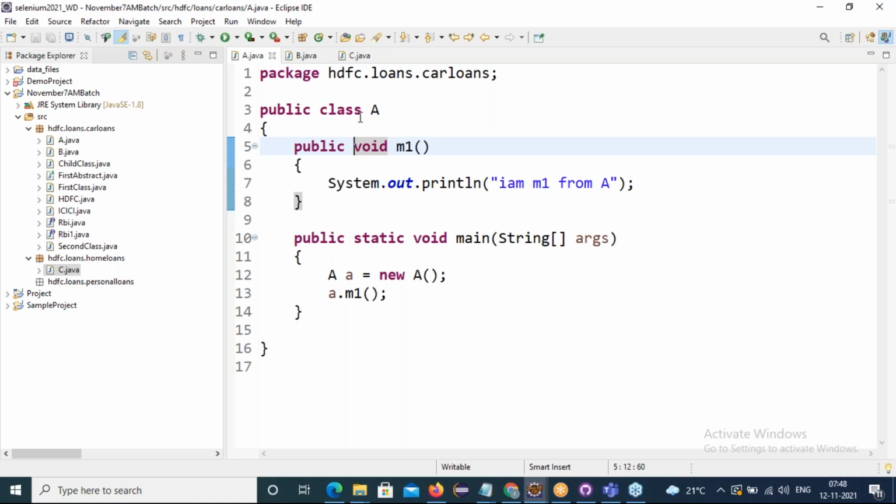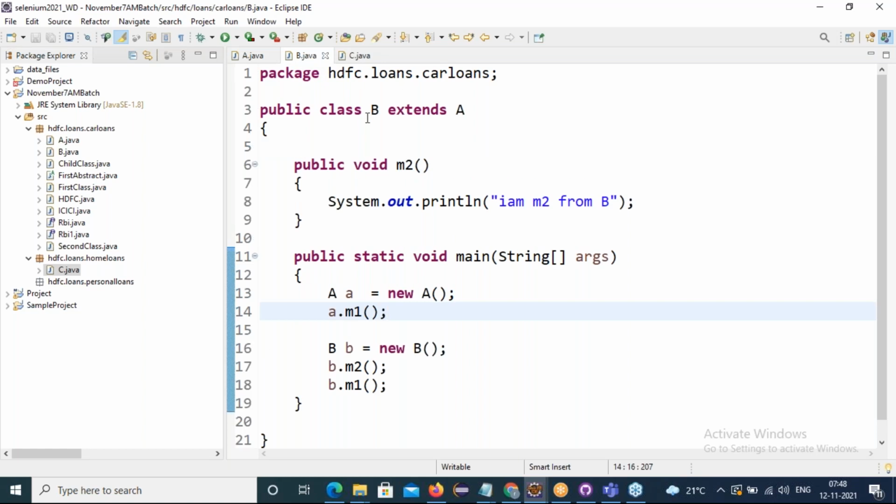If I have a class A, class A extends B. Class B is extending A. A is a parent, B is a child.